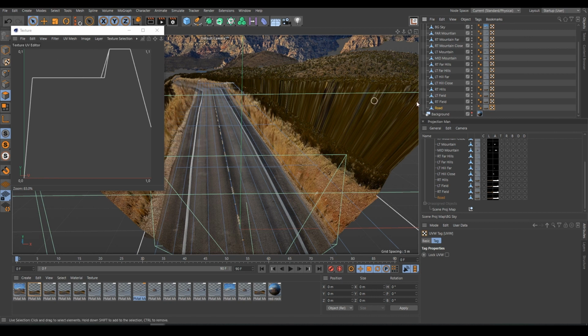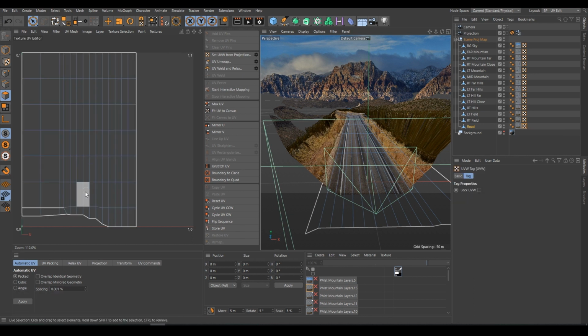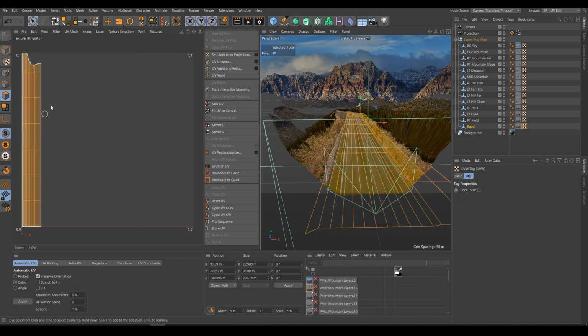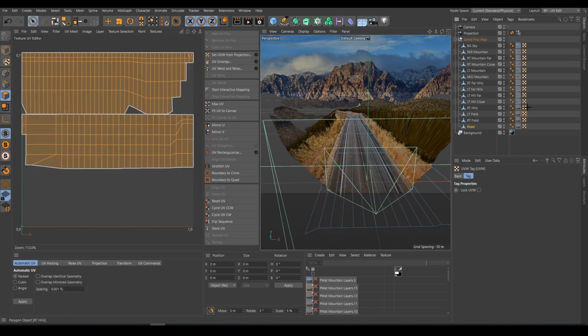So we have to adjust it. Go to layout. We need to go and work with UV edit. So that's the thing. All we need is this part. So let's select this UV in a packed way. So let's apply, and that's what it created. It created what we had before. We can also use cubic sometimes, and you can also use angle sometimes if you have a problem. But normally we use packed, and then if we go and check most of them, they kind of wrapped here around